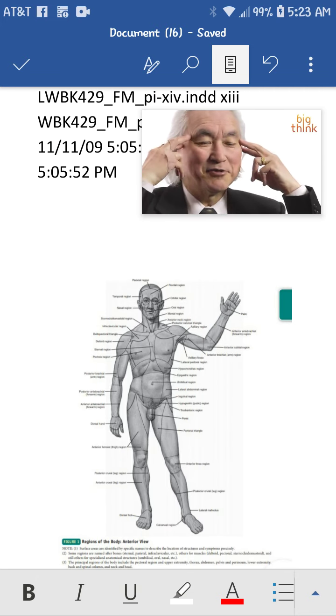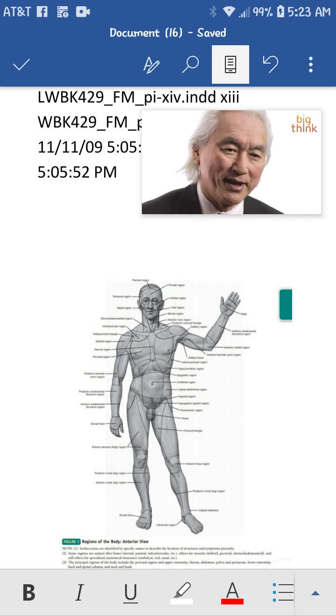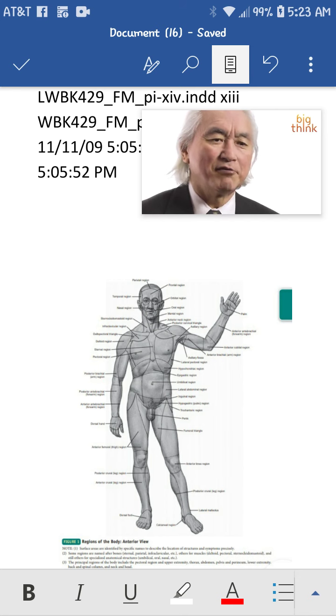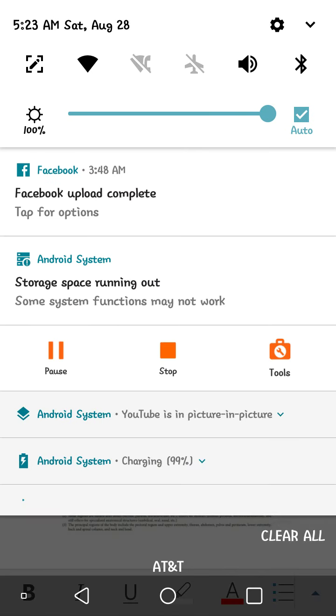Then we have the center part of the brain going forward, and that's the so-called monkey brain, the mammalian brain, the brain of emotions, the brain of social hierarchies. And then finally, the front of the brain is the human brain, especially the